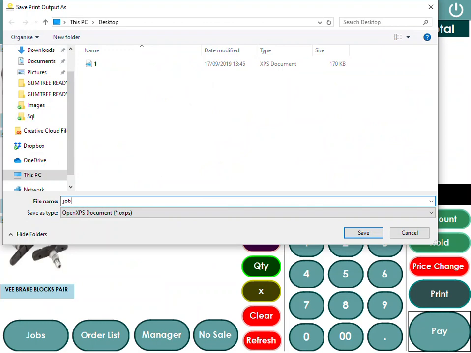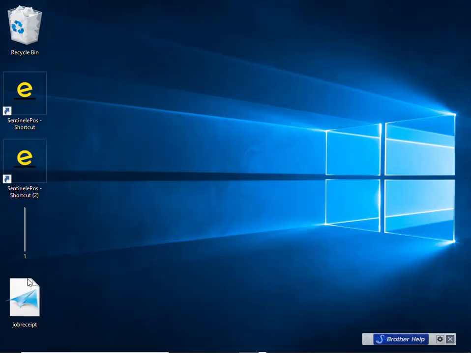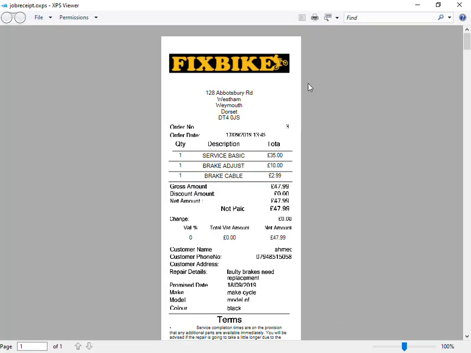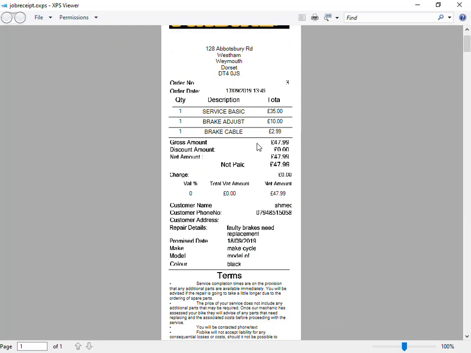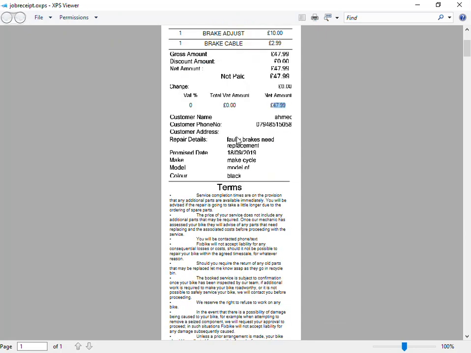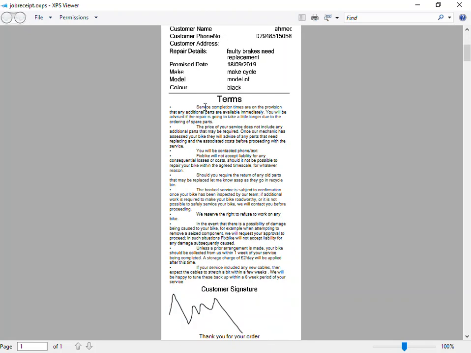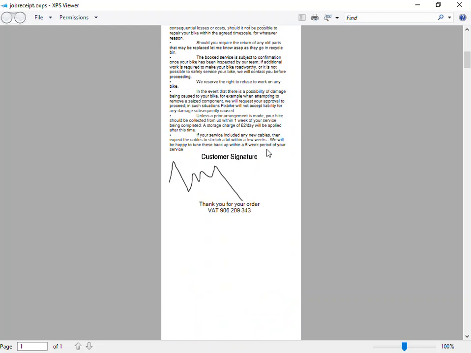And this is the job receipt. I'll show you how it will look like later. So I'll close the software, show you the job receipts. On the top is your logo, your address, then all the parts and the service, and then what's the not paid amount, customer name, address, telephone number, everything, and then your terms and condition here, whatever you send me, customer